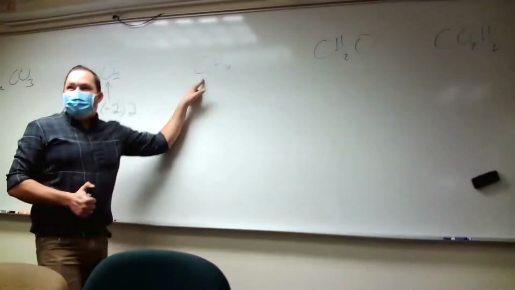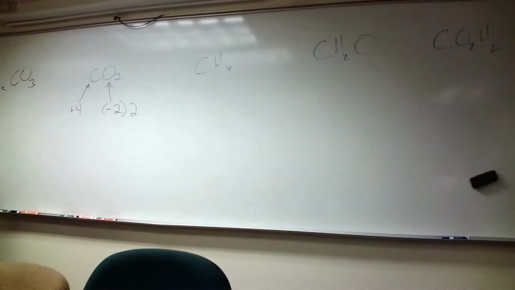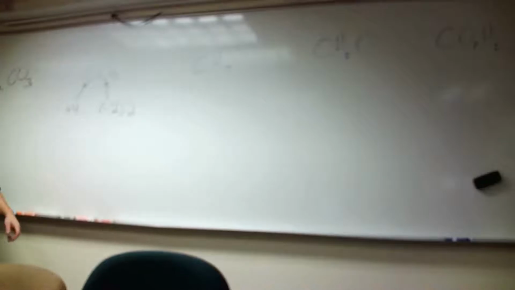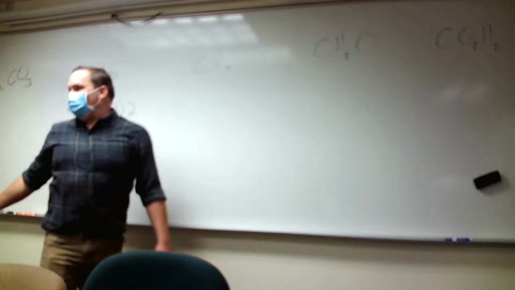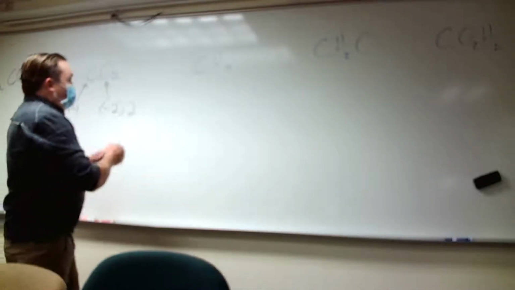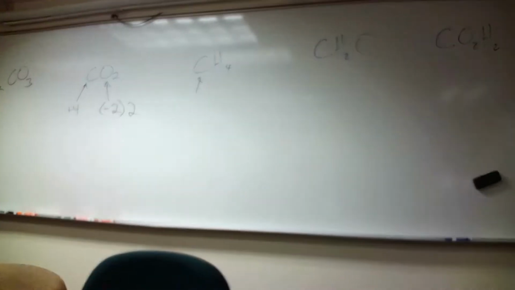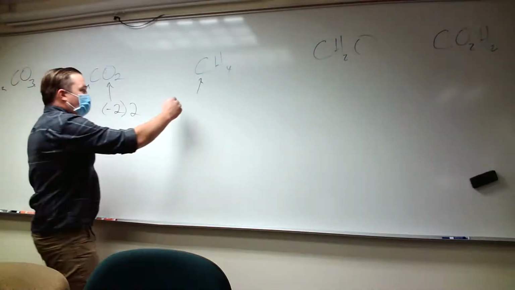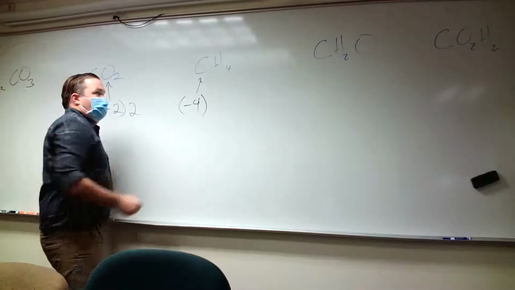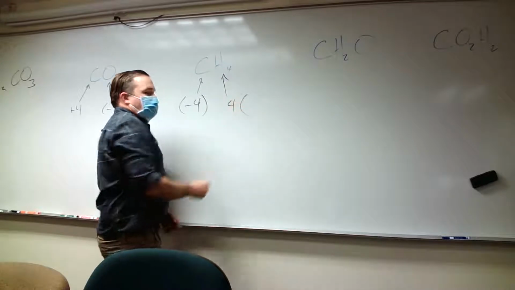What's more electronegative out of carbon and hydrogen? Carbon. Remember, hydrogen is our dividing line. Any non-metal is going to be more electronegative than hydrogen, and any metal is less electronegative than hydrogen. Right, so carbon's more electronegative, and how many electrons does it want to get? It needs to gain 4, 1, 2, 3, 4 to get all the way over to neon. It has 4 vacancies in its valence shell. So carbon is going to be -4, which means, and we have 4 hydrogens, so each of them has to be